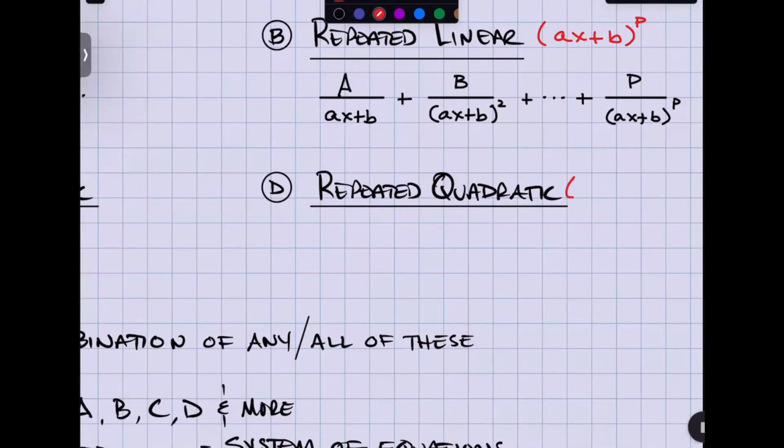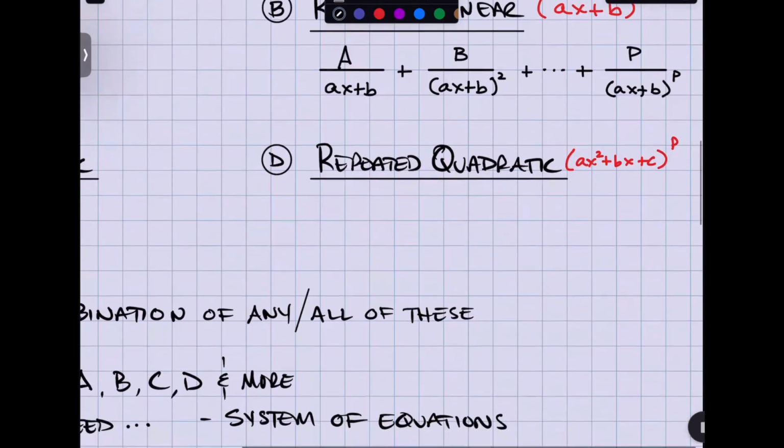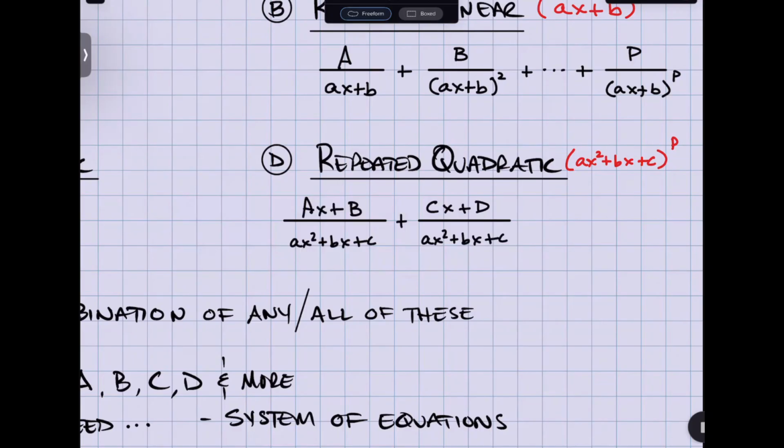So if I had ax squared plus bx plus c to the p, I would have to write, oh boy, this is going to be ugly, ax plus b over ax squared plus bx plus c, plus cx plus d over the same thing, but squared, plus dot, dot, dot, plus, oh boy, I don't even know what the letter is going to end up being, but we'll just make up some letters. Let's say px plus r over